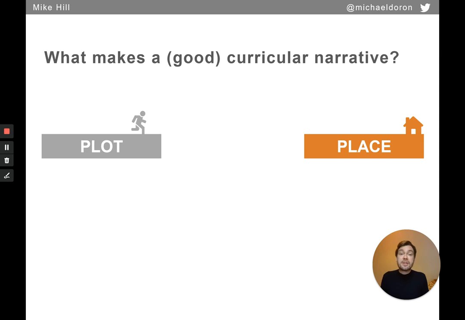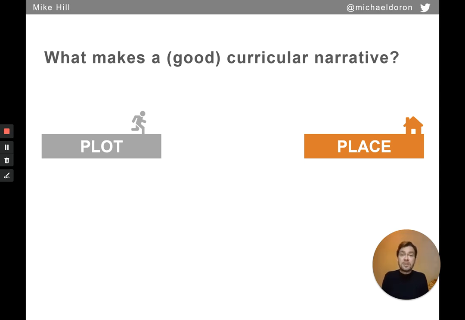And narrativists really stress the importance of place, and have said that the setting in which a narrative happens is much more than just a neutral backdrop. The place of a story, of a narrative, actually gives meaning to that story. It adds layers of meaning, but it also shapes our experience of that story. So take a novel, for example, Wuthering Heights, if that were set not on the moors but in a city, that would no longer be the same story.